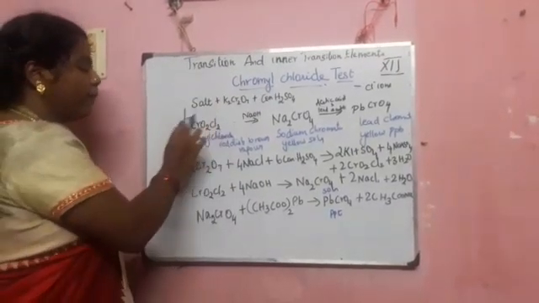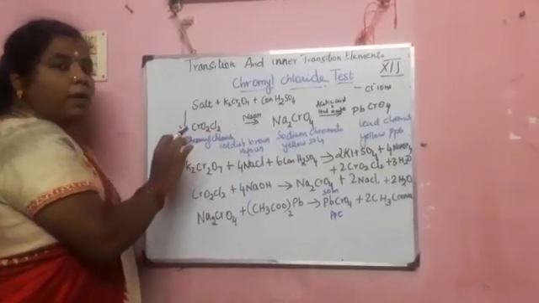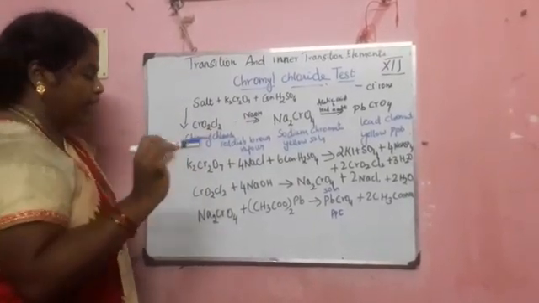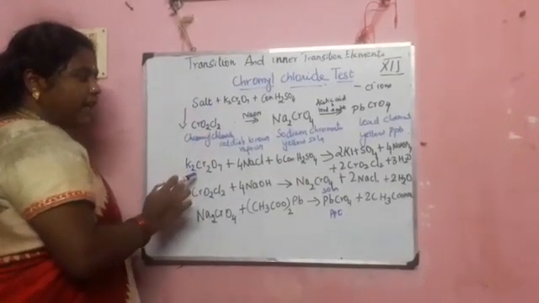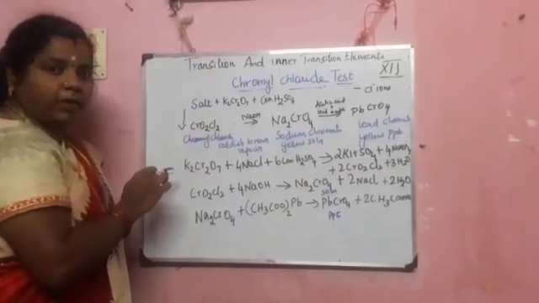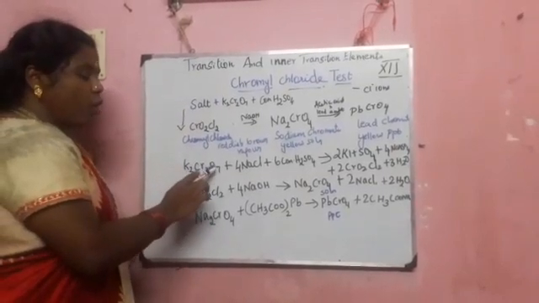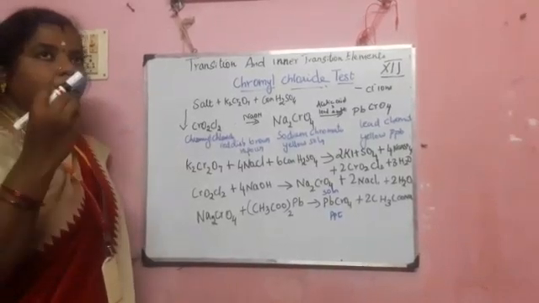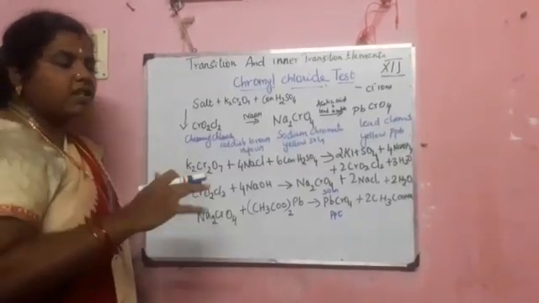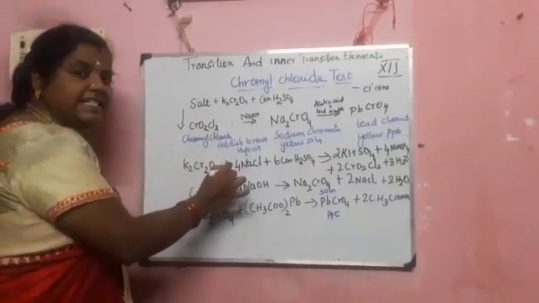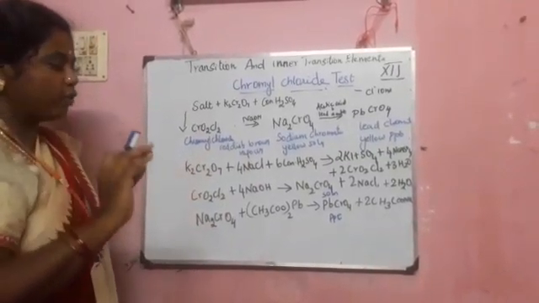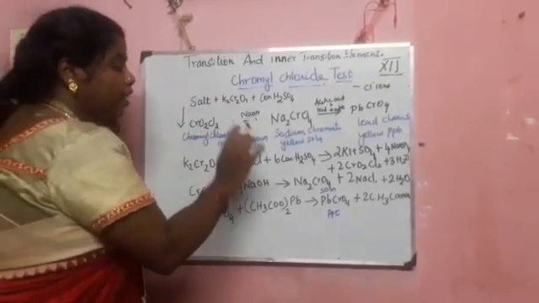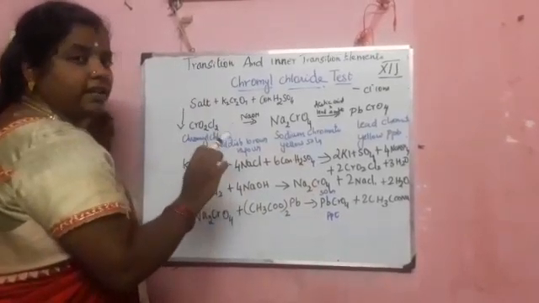First, chromyl chloride will be formed. The formula for chromyl chloride is CrO2Cl2. Let's do it. First you have taken potassium dichromate, the formula for potassium dichromate is K2Cr2O7. Then it has been added with the salt. Any kind of chloride salt you can take, just the familiar salt NaCl, sodium chloride. Then it is treated with concentrated sulfuric acid, and after this you have to heat the mixture.